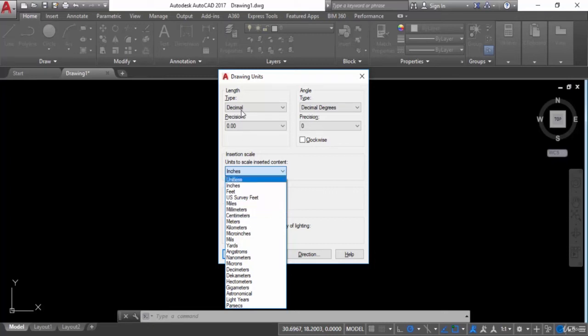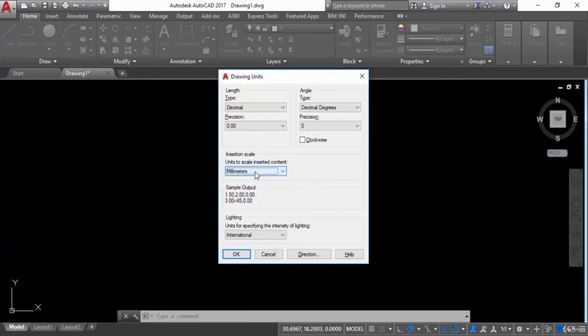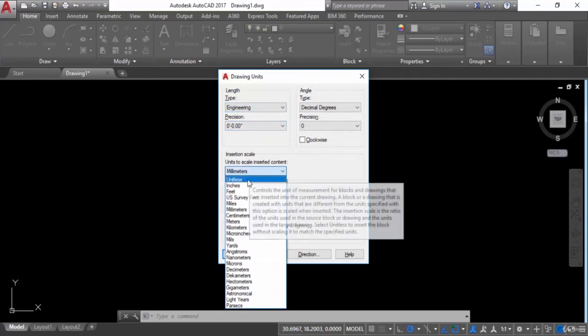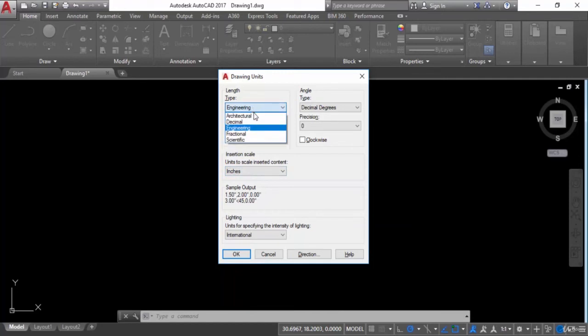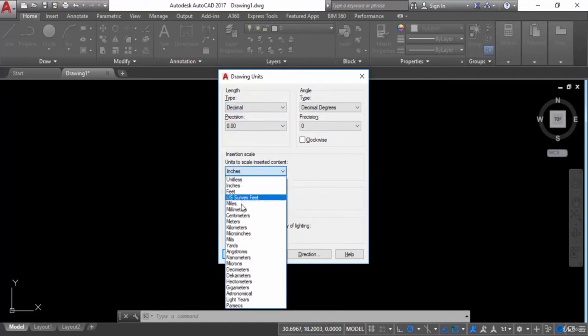For example, you select decimal and you want to work in millimeter, so from here you will select millimeter. And if you want to work in inches, from here you will select engineering, and from here you will select inches. Right now I want to work in decimal, so I will select decimal, and from here I will select millimeter.